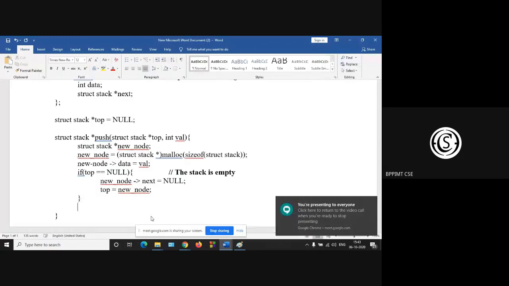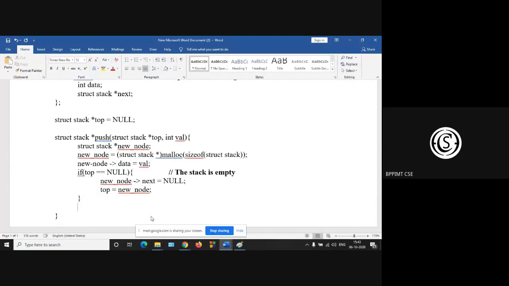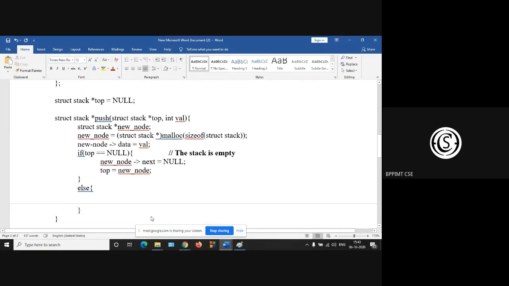Otherwise, that is your stack is not empty. There is something existing in the list. So else, otherwise your new node is created dynamically. Okay.